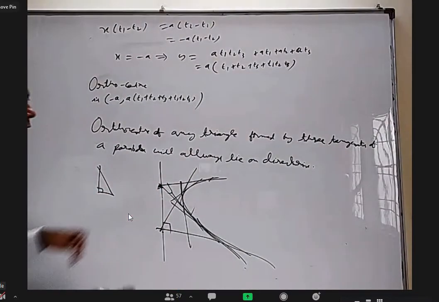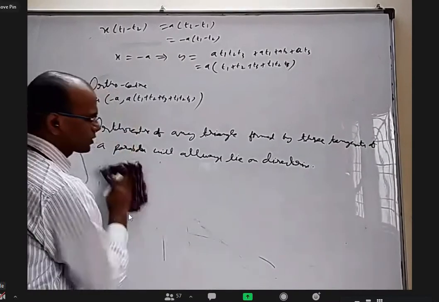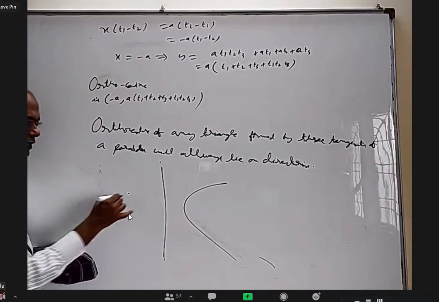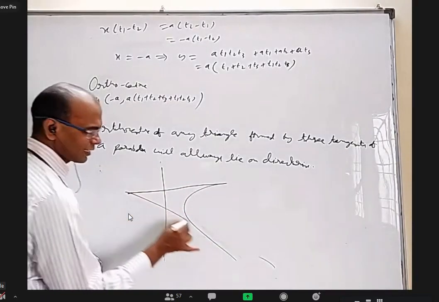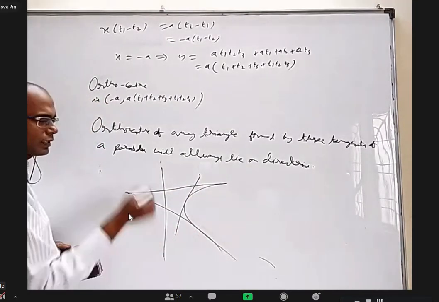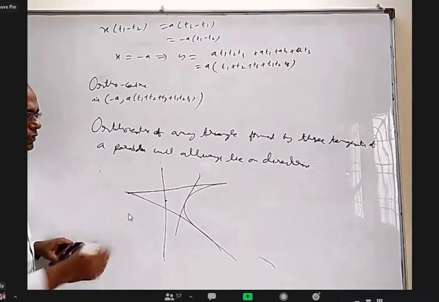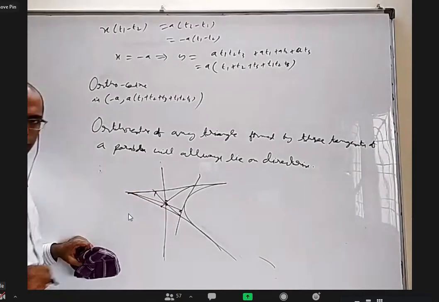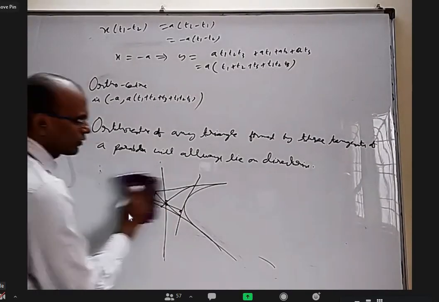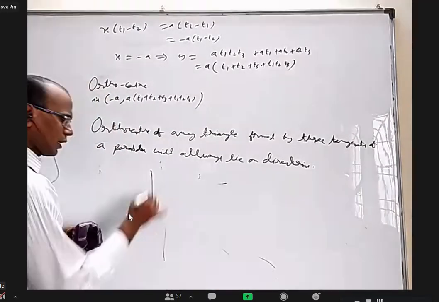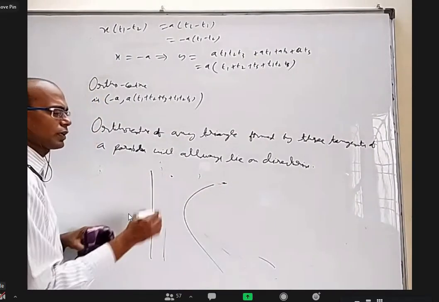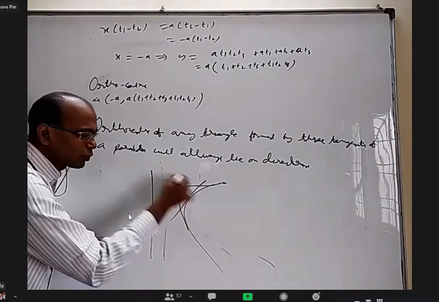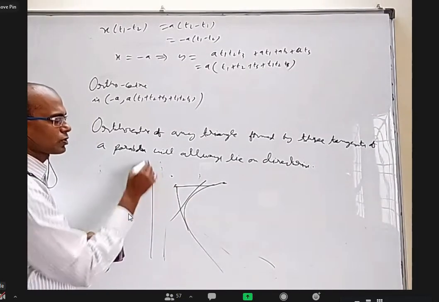But it's not just about only those tangents. I have directrix like this and this. Even if I take a point outside here and draw two tangents like this, draw some other tangent, even further, the orthocenter will be on the directrix only. That is, this altitude and this altitude and this altitude will meet here. What if you take a point on this side also? I'll take a point here and draw two tangents and take some other. It will be an obtuse angle triangle and its orthocenter will be outside and it will be on the directrix.